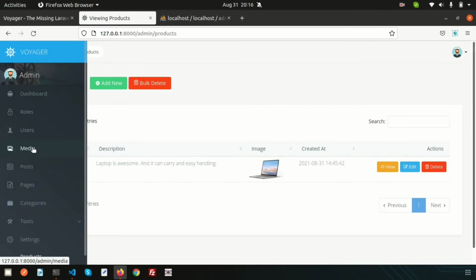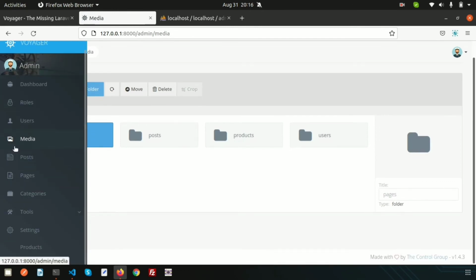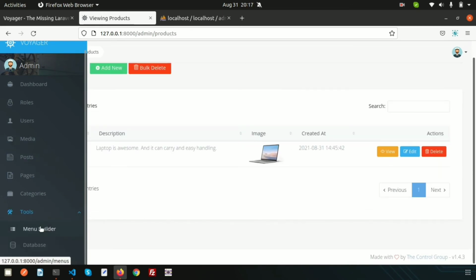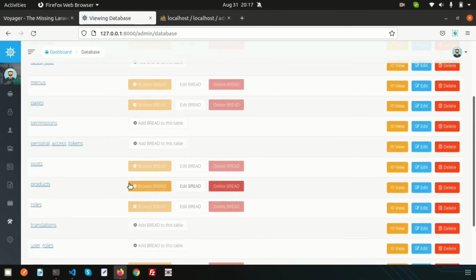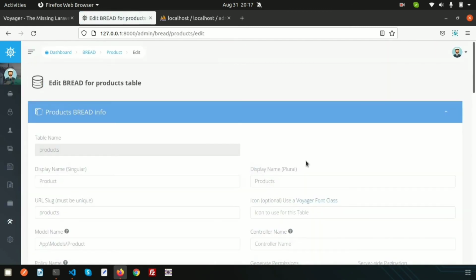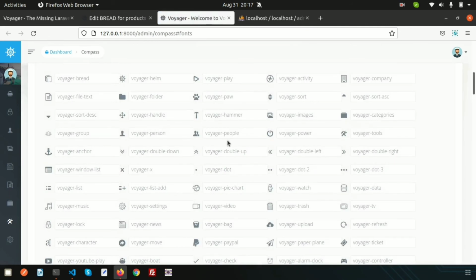As we can see, if we just go to the media, we can see the icon, and if we just go here and see inside the menu, all have an icon, but how can we add this icon? So just go inside here, and if we just go inside this product and edit bread, we have an option, that is the Voyager font class. So if you just click on this, it will open a new tab